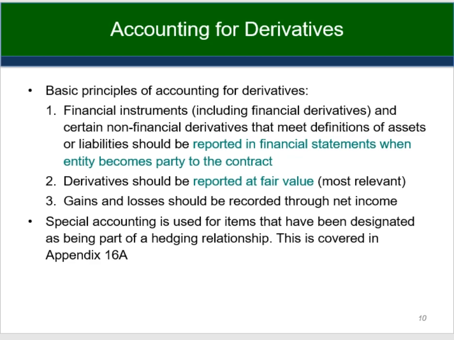So a gain or loss is recognized when there's a change in the value of the option. So whenever you've got a measurement date, you would need to recast the value of the option at that time and record any gain or loss. A forward contract is somewhat different from an option.